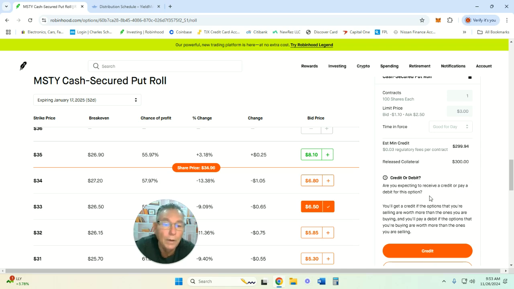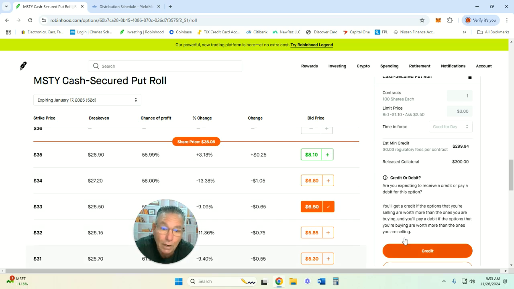Okay, what are we doing here? We are moving this to January 17th, okay? We're going to collect $300 if it triggers. And then we're going to get a credit of $300, and we're going to release $300 of collateral, okay? In other words, if she continues shooting up, this will probably trigger. And then what will happen is we will move to January 17th, 1 month forward. We will bring the strike price lower to 33. We used to be at 36. We'll bring it to 33, and we'll collect $300, and we'll keep rolling it.